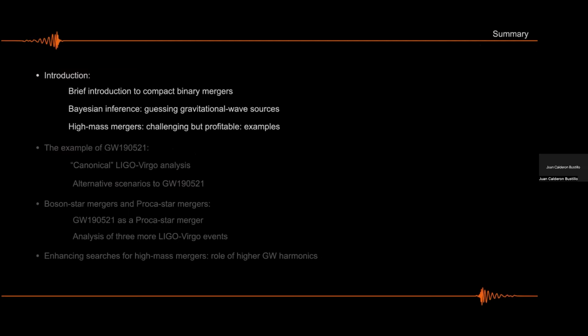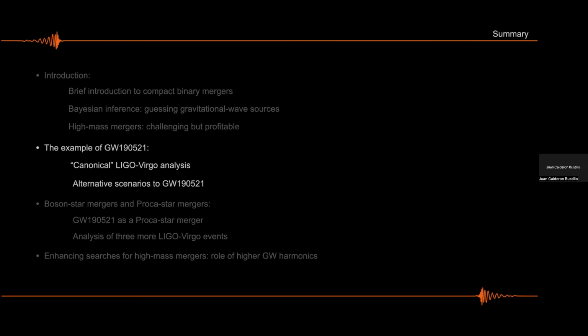And then I will focus on the case of high mass compact mergers, because these are very, very challenging. So I want to discuss a bit the kind of problems or challenges we face. And I will give some examples of why these are actually very profitable, despite how challenging they are. So you can get a lot of science done with these binaries if you're able to detect them, which is tough, and to interpret them.